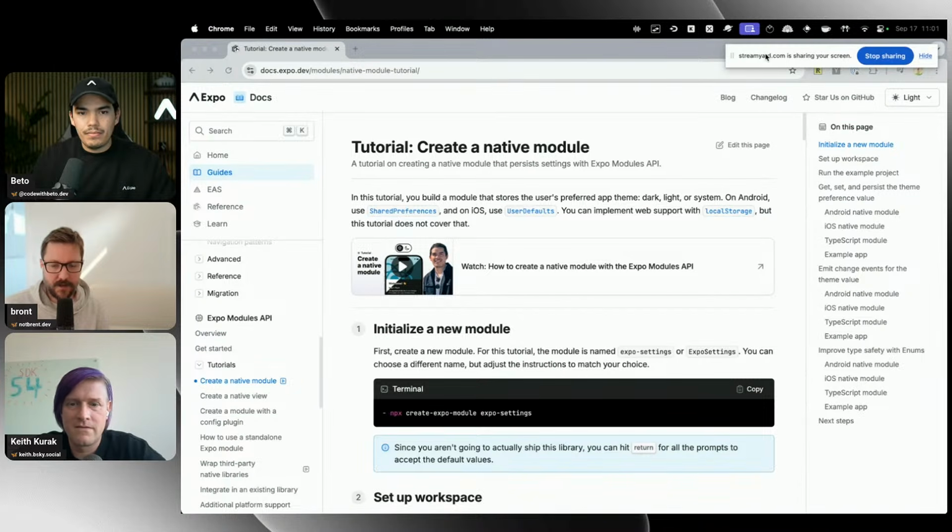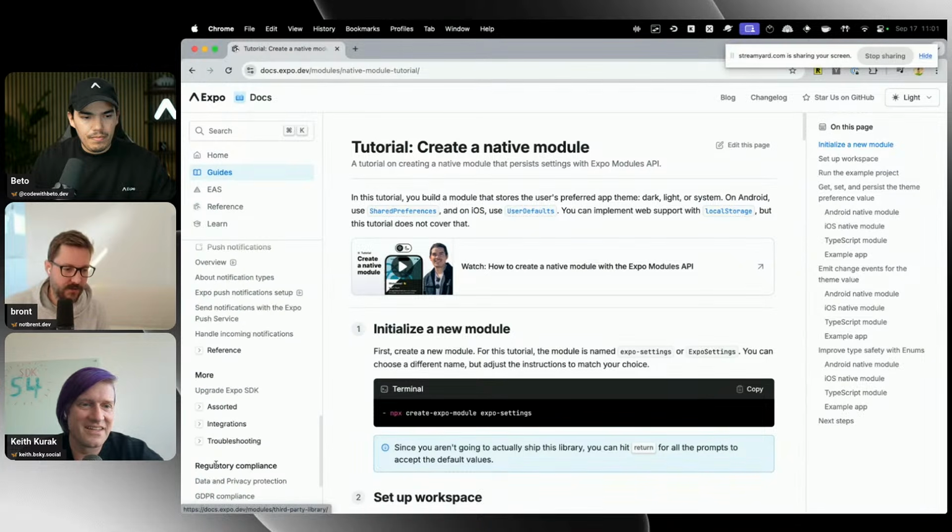So we want to make sure that we have really good support for everything that people want to do and everywhere that they want to use Expo and React Native in their apps. And so Gabriel on our team improved some documentation around this recently, and made some changes to tooling to make it a little bit easier to use. He has a blog post coming soon about this, but you can also check out